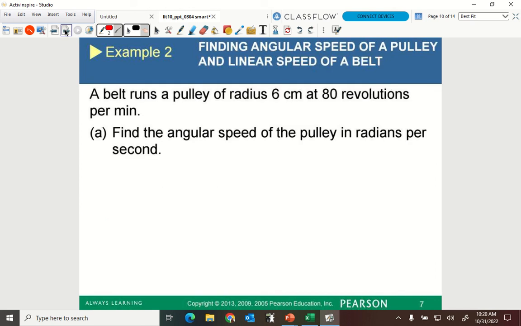Example 2, and then I'll leave you alone. A belt runs a pulley, radius 6 centimeters, at 80 revolutions per minute. A belt and a pulley. So let's say, for instance, I have